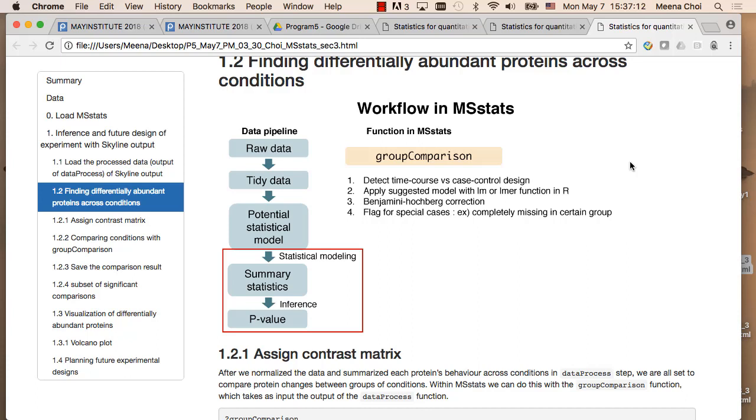And then in this case, we use group comparison functions. What this group comparison does is find the experiment design, and then based on your experiment design, find the best model in the current stage. After applying this, we do FDR correction, and then if there is some specific case, we flag the specific case. So specific case means